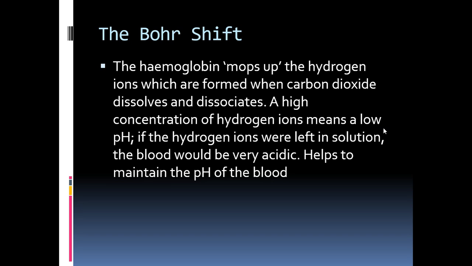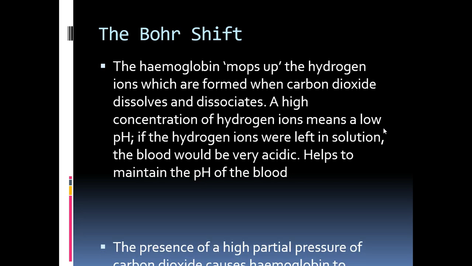A high concentration of hydrogen ions will reduce the pH of the plasma, and if the hydrogen ions were left in the plasma for a long period of time, the blood will become very acidic. So in a way,